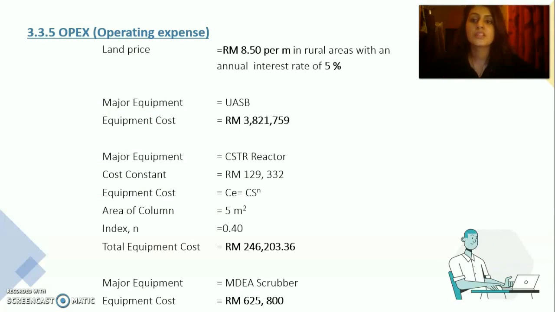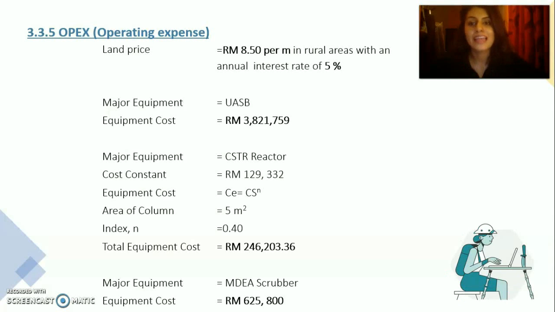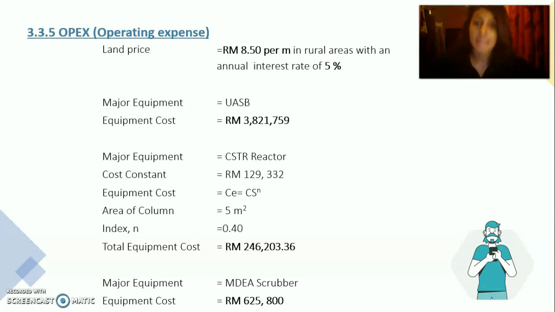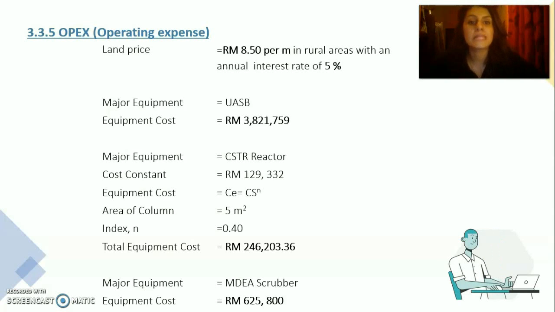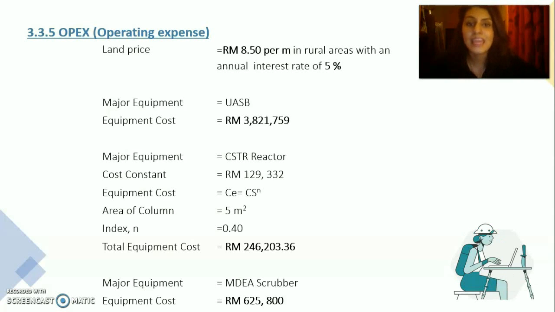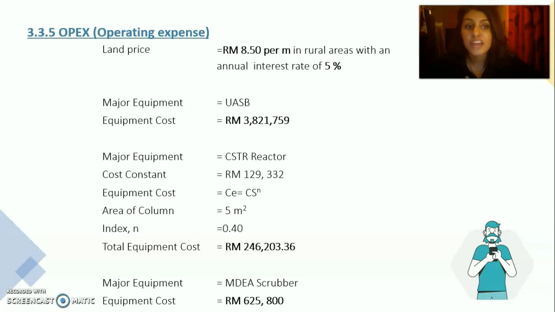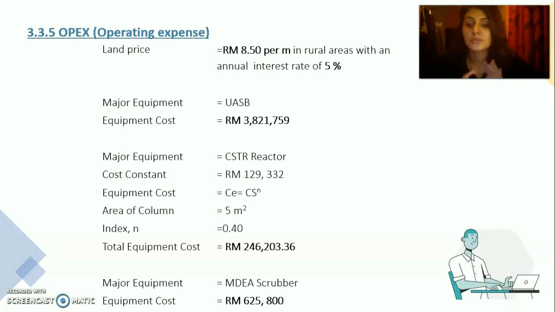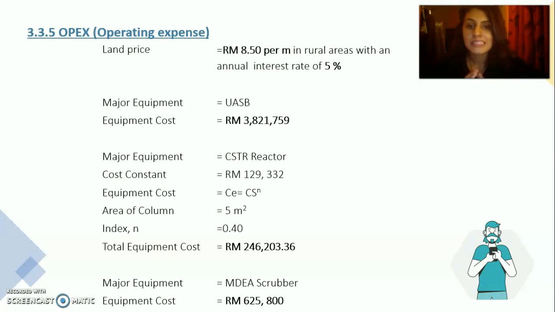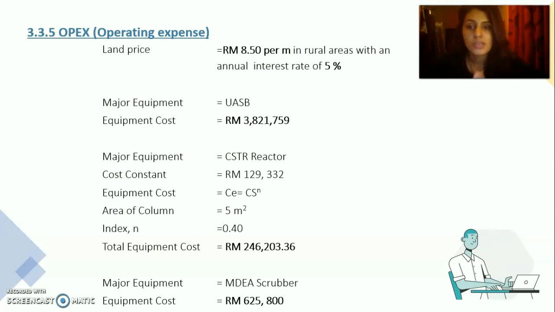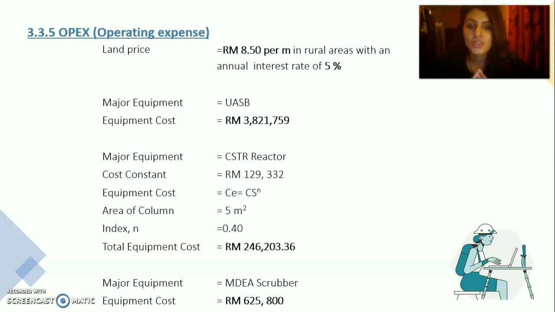So first we will take a look at the land price. Our land has now been focused in Penang. So it will be 8 ringgit 50 cents per meter in rural area of Penang with an annual interest rate of 5%. Next will be the three major equipments, which will be the UASB, the CSTR reactor, and also the MDEA scrubber. The UASB equipment cost is